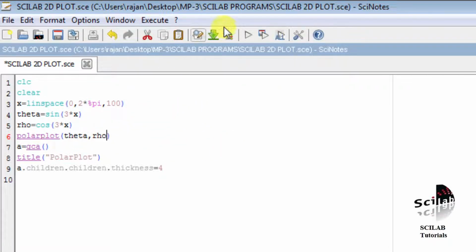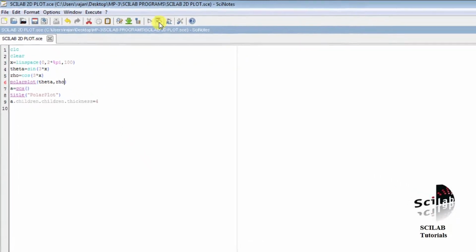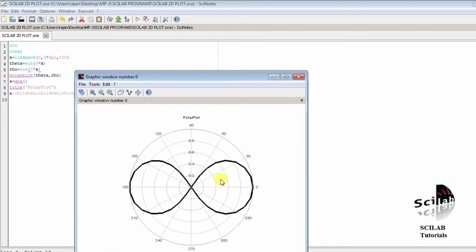Now let us plot this graph by executing the code. So we can see this is the polar plot, and theta varies from 0 to 360 and the radius varies from -1 to +1. We have given the value in terms of radian, but here we are getting the answer in terms of degree. Theta varies from -1 to +1 in terms of radian, and radius also varies from -1 to +1 in terms of data space unit.